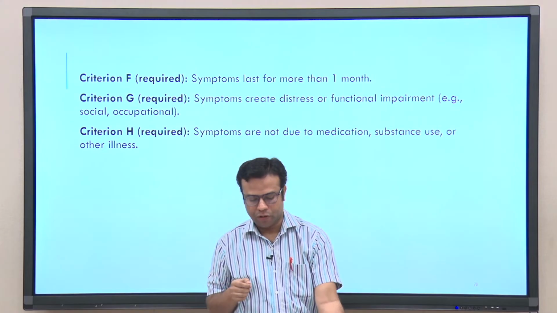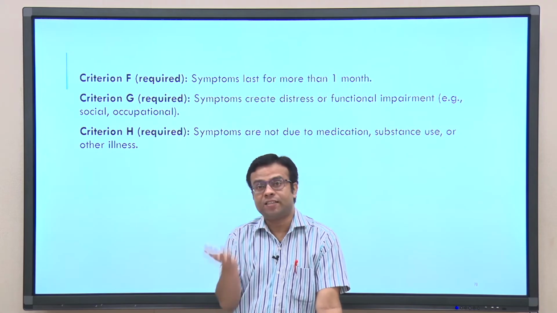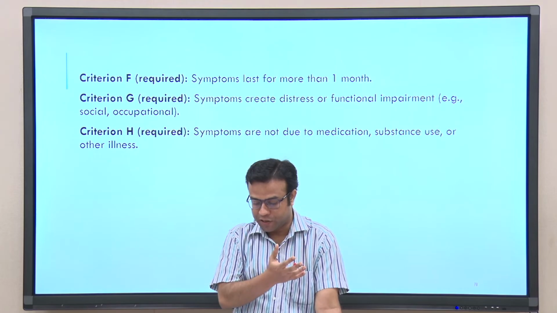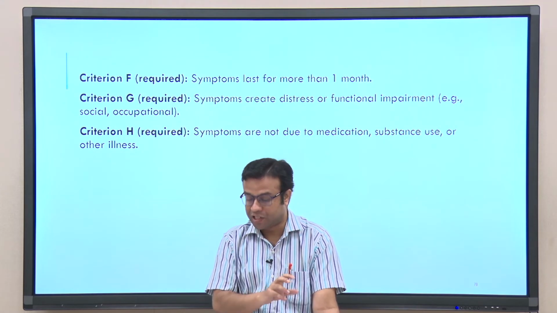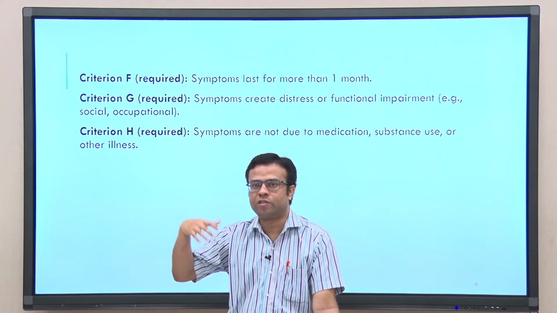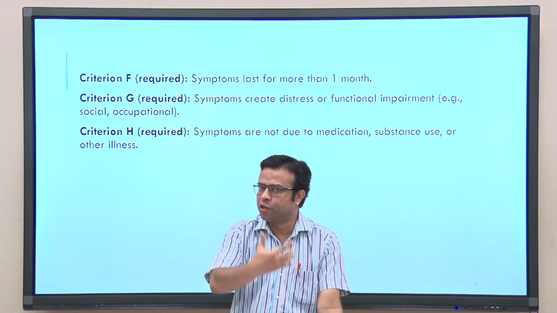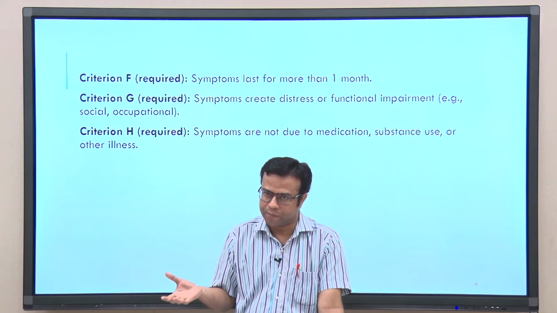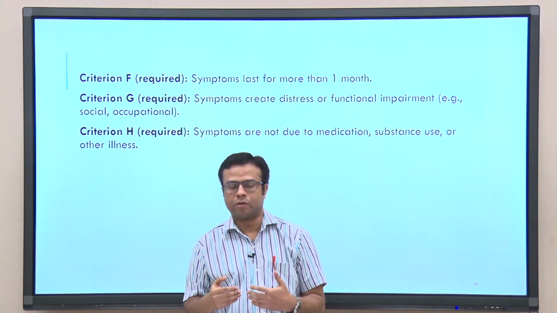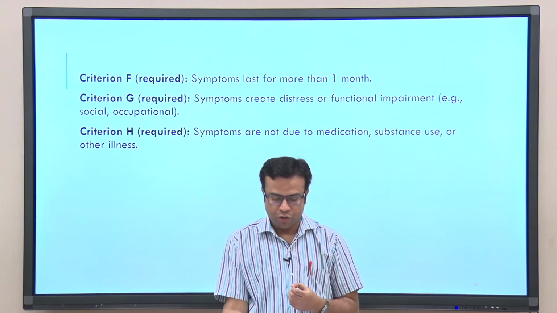Criterion H, which is also required, says symptoms are not due to any other factors, such as medication, substance use or other illnesses. So, some of these symptoms can be associated with some medication, some substance use or other illnesses. If it is not associated with the traumatic event, then we cannot call it PTSD. So, these are important criteria that are proposed by DSM-5 based on all the recent research findings to diagnose somebody